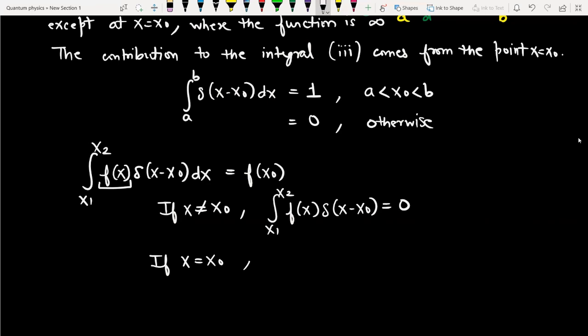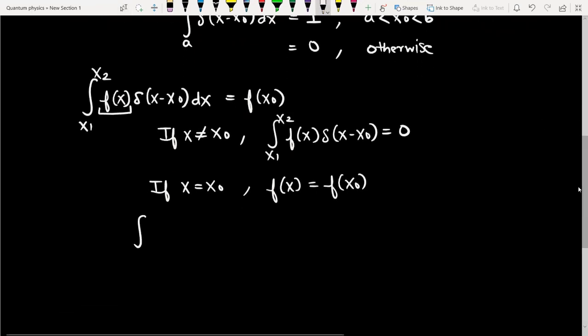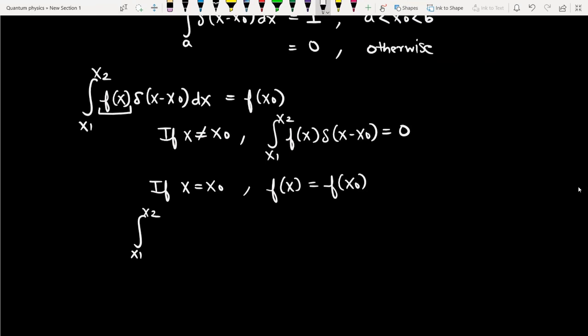So if you put x is equal to x naught, obviously this f of x becomes f of x naught. क्योंकि यार फंक्शन की यही डेफिनेशन होती है कि अगर आप x की जगह x naught डालोगे तो यहाँ पर ये f of x naught हो जाएगा. Therefore this f of x becomes f of x naught. And now just substitute the value. Okay, so this would be integration x1 to x2 ये एफ ऑफ एक्स जो है अब एफ ऑफ एक्स नॉट हो जाएगा,